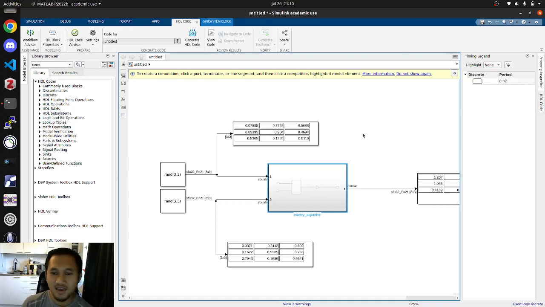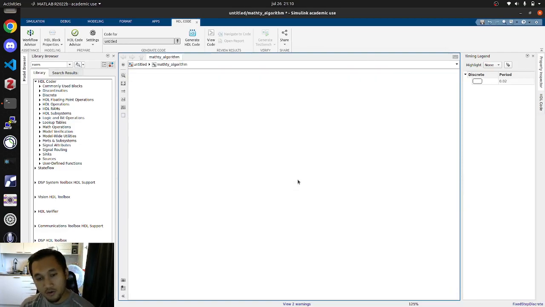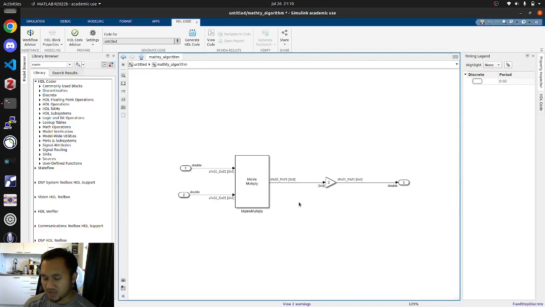Okay, if we have the subsystem model, we can actually convert it into VHDL or Verilog. But firstly, we need to specify what kind of architecture we want to have in these applications. For example,